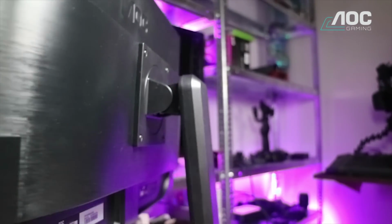and I was gonna include both of them in this review, but I've worked with them for a couple of weeks now. I have a couple of opinions about them and a couple of thoughts. Again, disclaimer, they sent me the screens and I've got some thoughts on the screens as to pros and cons, and the G-Sync versus the FreeSync ones are different in a couple of ways. So this video is gonna be focused on the AOC